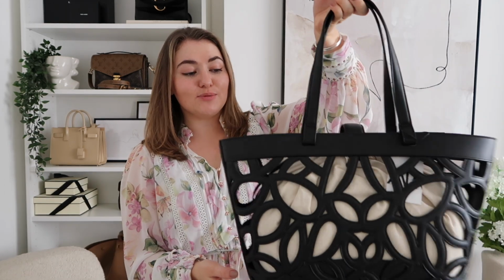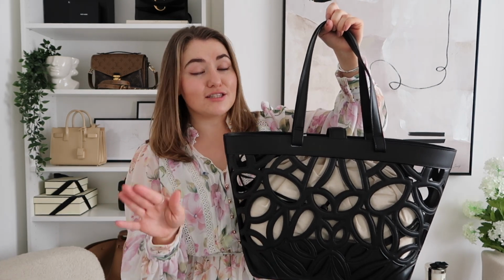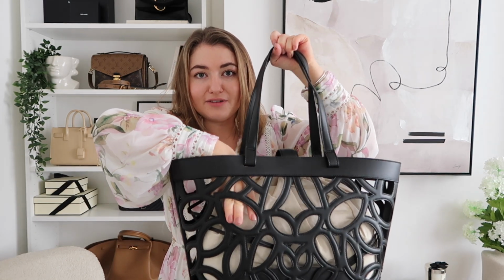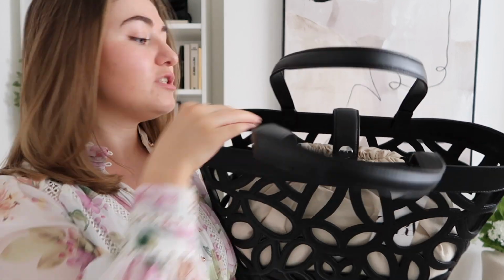I thought it was one of the most beautiful bags that I've seen on the high street in a very, very long time, and considering its price, it is made so well. So this is a really, really gorgeous leather exterior. Now it's completely holey, like there's no covering, you can see my finger through there, but what it has built into it, which I'm super impressed with, is this really nice little tote bag,